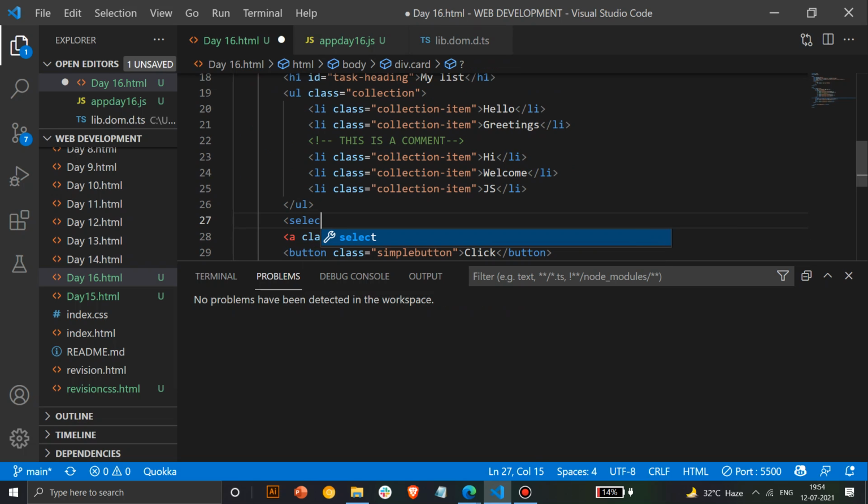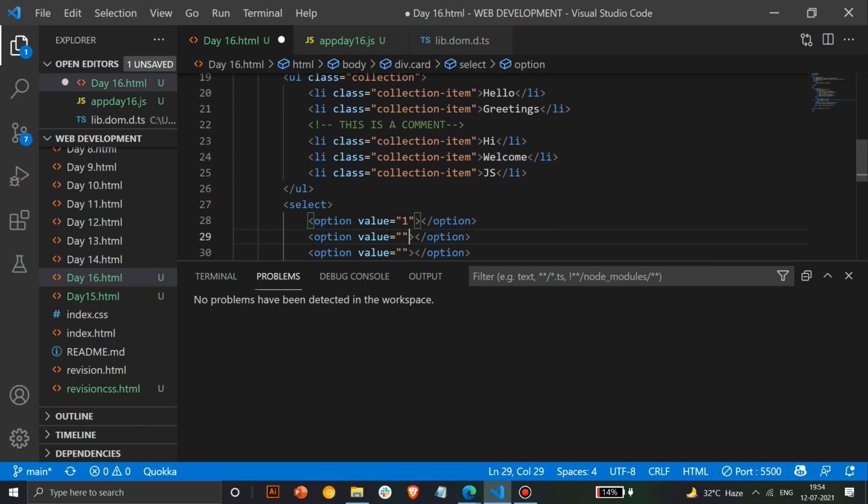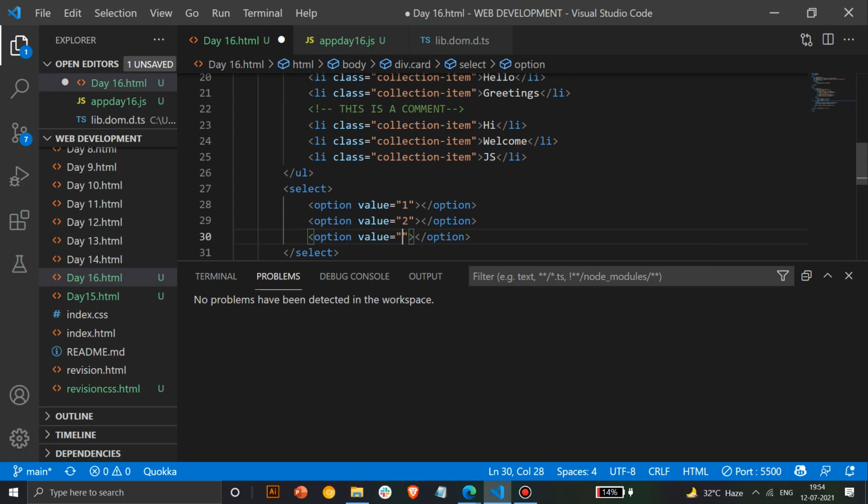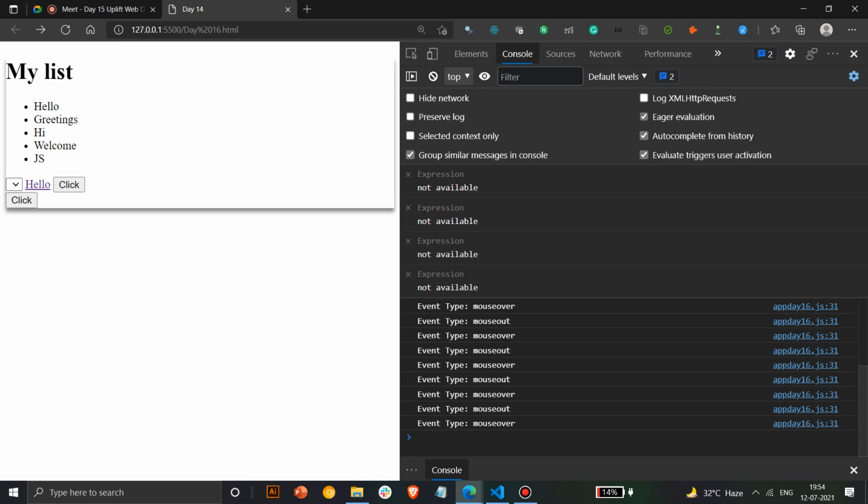We'll take a select and option, 1, 2, 3. So this is a shortcut to create a number of options. I think now, see. No, still it doesn't work. I'll take a better example.